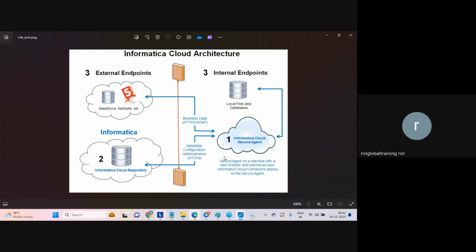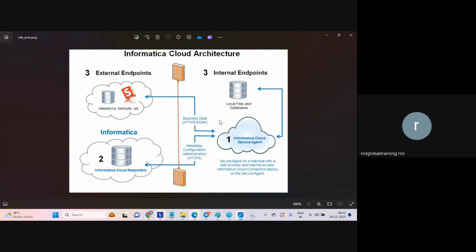how are we going to make use of that particular metadata to perform data operations? To do that, the top layer comes in here. Top in the sense from left to right. Let us say we build a mapping. When you run it, data from local should be transferred to the cloud. How? By using either the HTTP protocol or the SOAP protocol. One of these protocols will be used to transfer data from on-prem to cloud